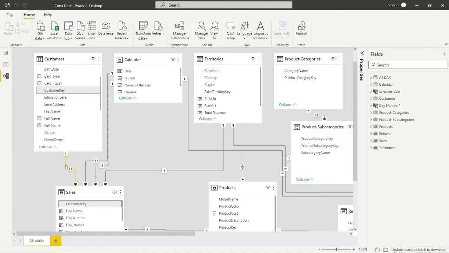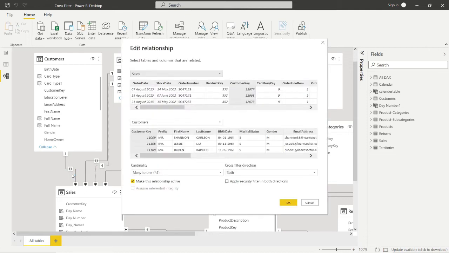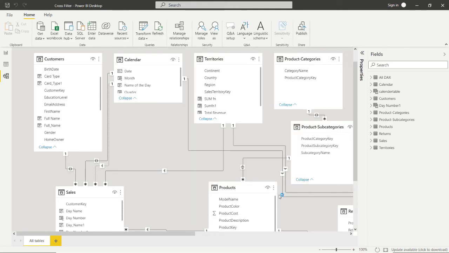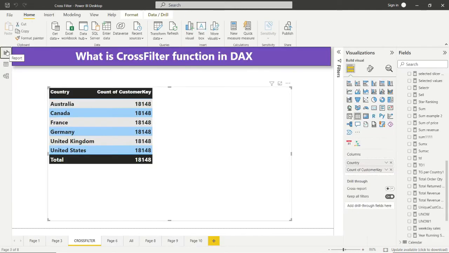First, change its direction back to single. Now it is back to the single direction, and we can only go from customer to sales. Now come back to the report view.